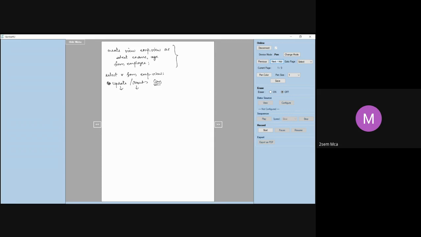First, let me take updation. So let us say UPDATE EMP_view SET age = 35 WHERE ename = 'A'. Something like this I will give. UPDATE EMP_view SET age = 35 WHERE ename = 'A'. This kind of updation is possible. This updation will definitely happen in the view.